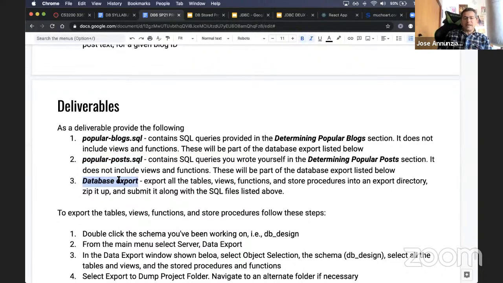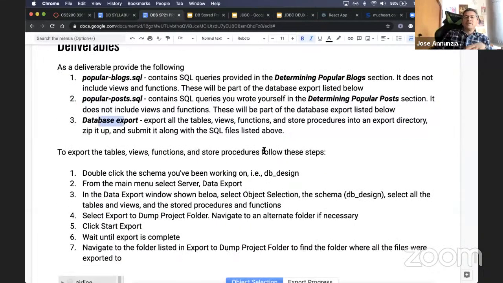So you're going to export the data. Now the database export is not going to include these SQL files, so they're going to be separate files. For the database export, you need to export tables and views as well. Tables, views, and functions. And so to